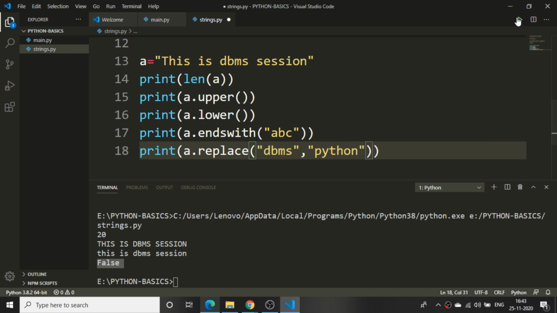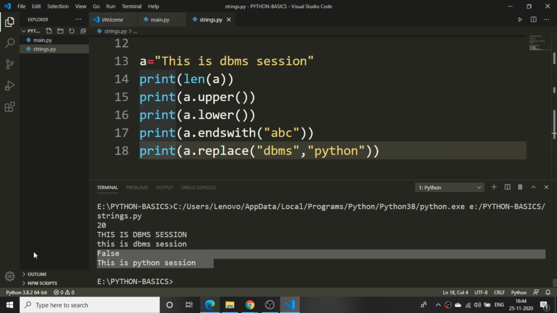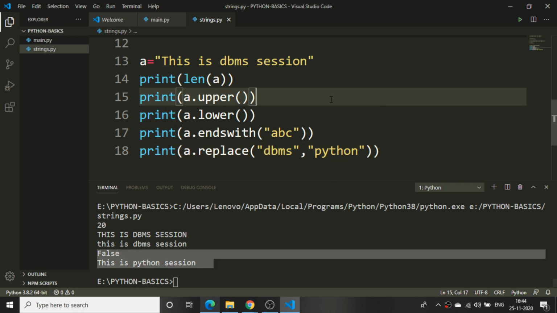So let's run it. You can see I'm getting the output as this is a Python session. What is it doing? The first argument takes the particular word of the sentence, then what I need to replace it with. I want to replace DBMS with Python. So it is replacing, and whatever the output is, it is just printing it over here.